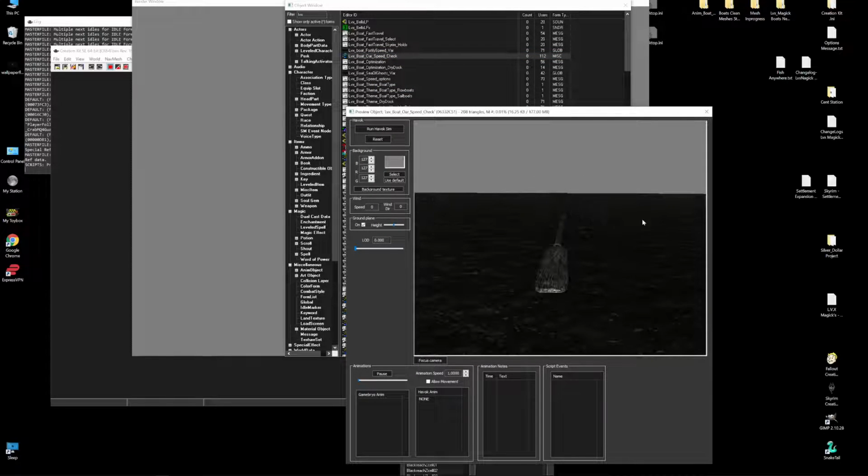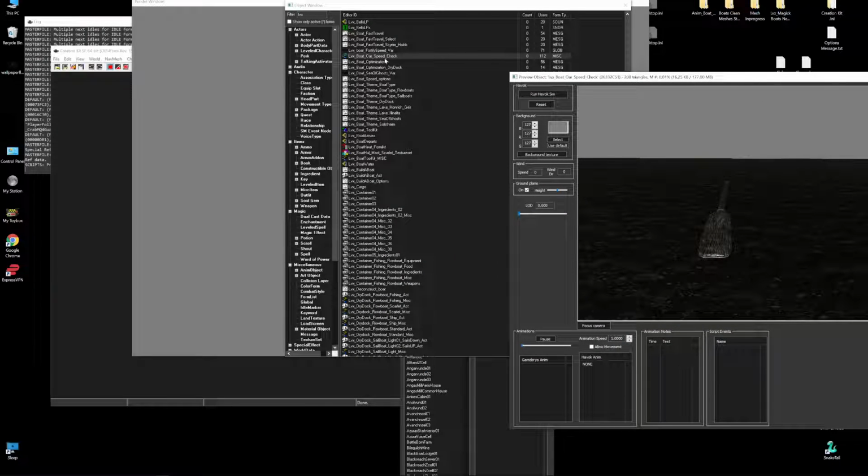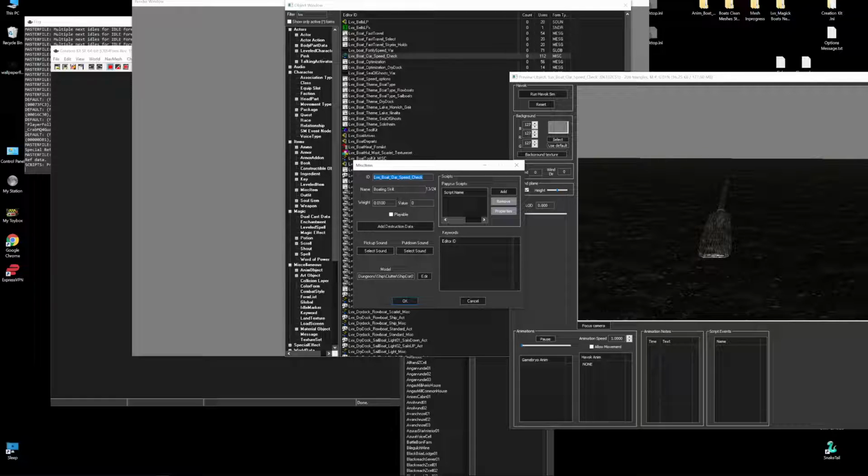But see, here's a static, okay? I have it in the preview. I double click it. I'm going to call it Mara Junk. Now that's blasphemous. Mara Objects.